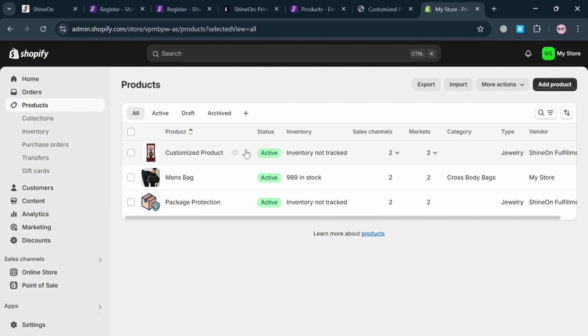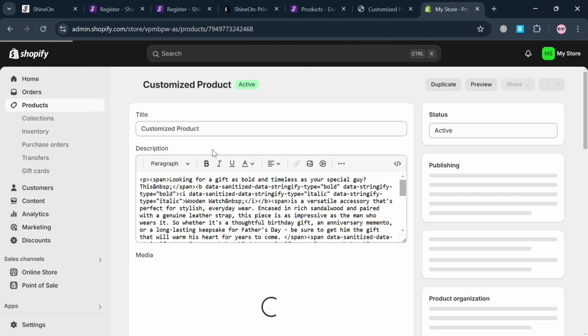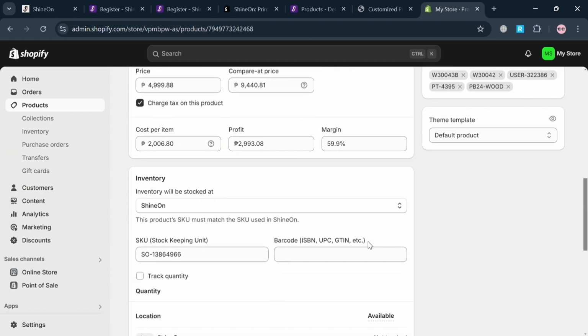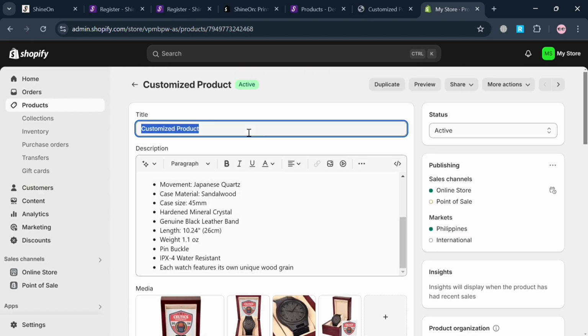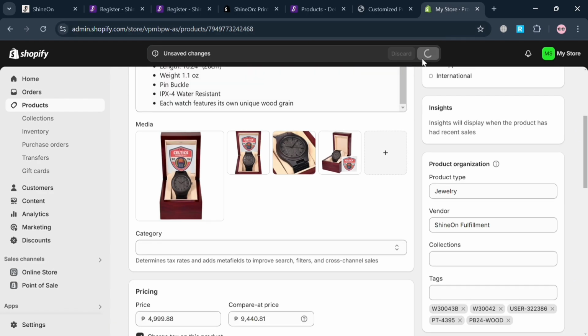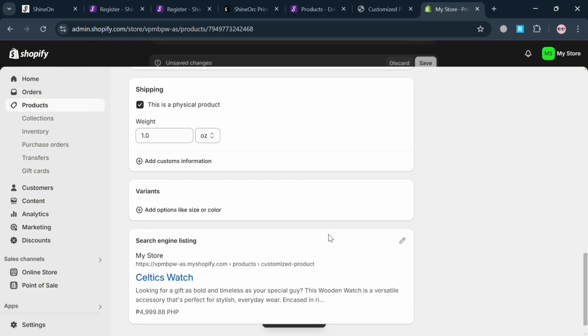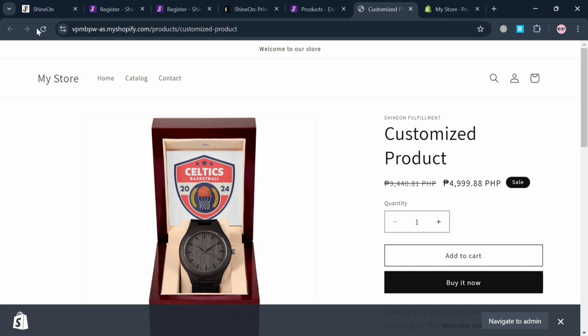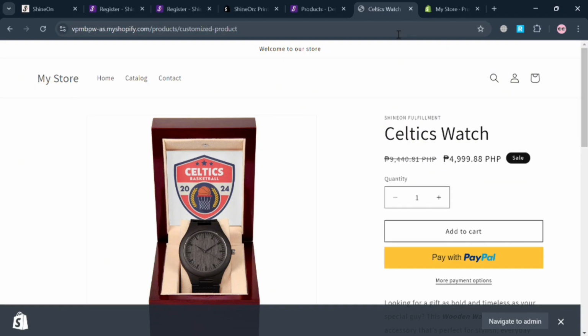So if you click on it, you can start customizing some other details right here directly, such as the title of it, the description, the media files if you also want to upload any media, and many more. So for instance, under this title, I'm going to change it to Celtics watch. So now by clicking the save button on the top panel to save the changes, it will automatically be changed in our online store in Shopify. And to check if it is currently changed, just go back to the store and click this refresh icon, and you should see here that the title or the name of this product has now been changed into